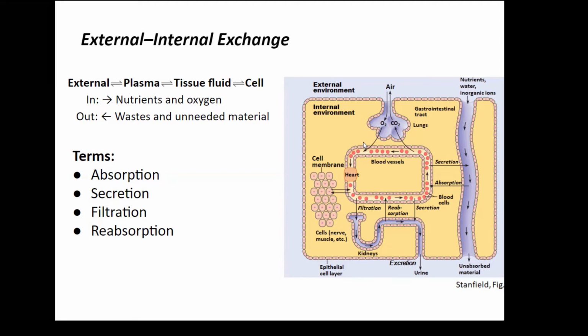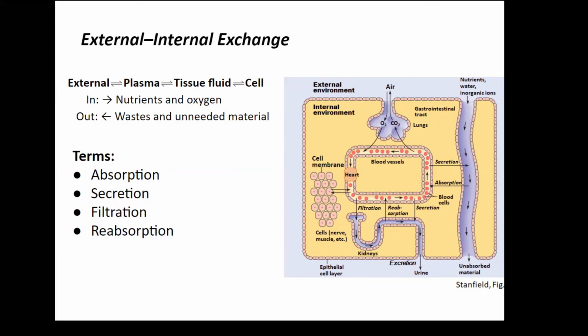Specifically, things we really want to get in there are things like oxygen. All your cells need oxygen to produce ATP to survive. It's really important, so we have to get it all the way into the blood. After it gets into the circulatory system, into the plasma, it's then going to go out to the rest of your tissues. So it's going to go from the plasma into our interstitial fluid and ultimately into our cells. So that's how stuff is moving from the external environment of the body all the way into our deepest layer, into the cells, which is where we'll be thinking about a lot of the exchanges in physiology.